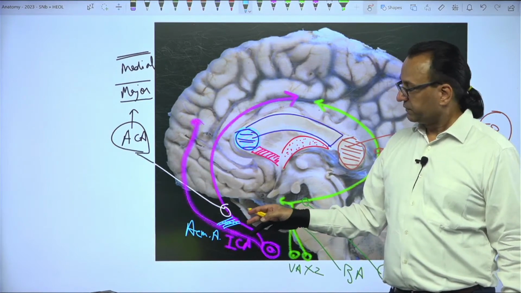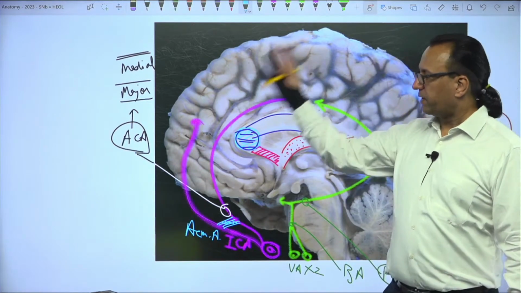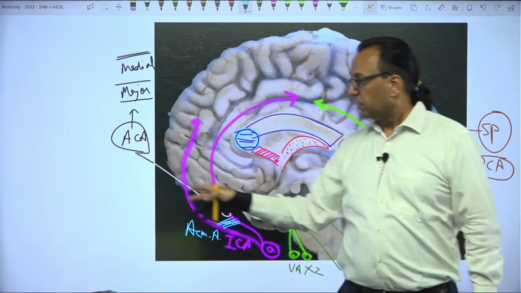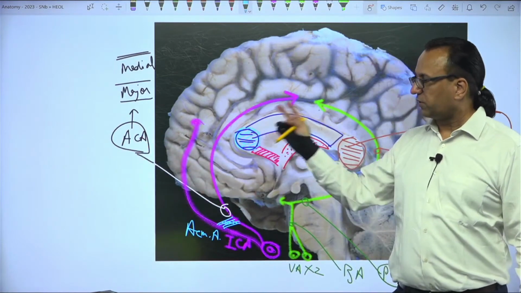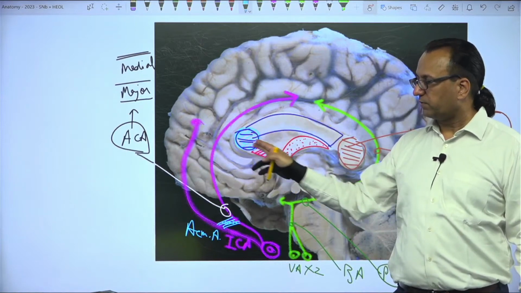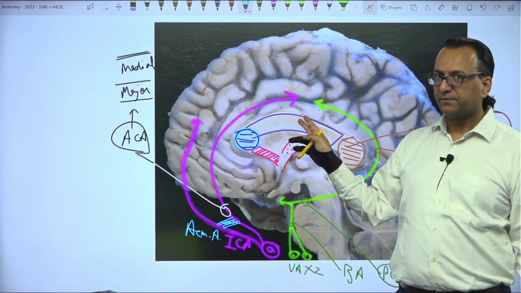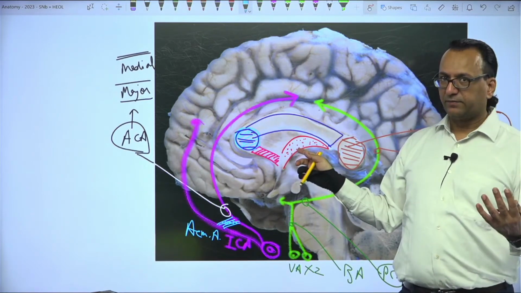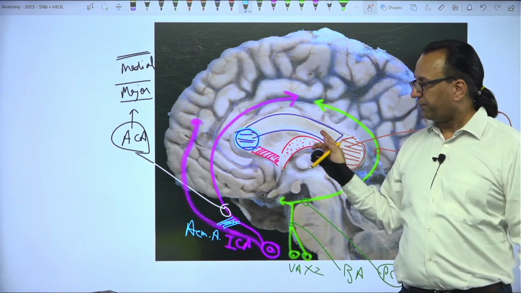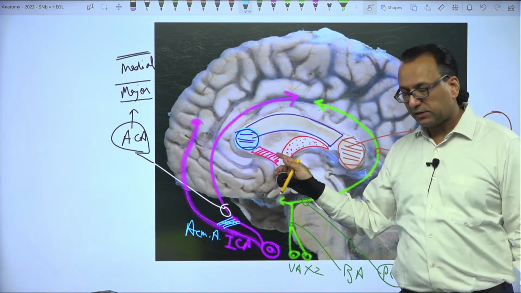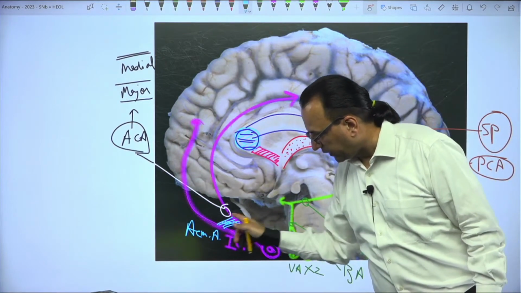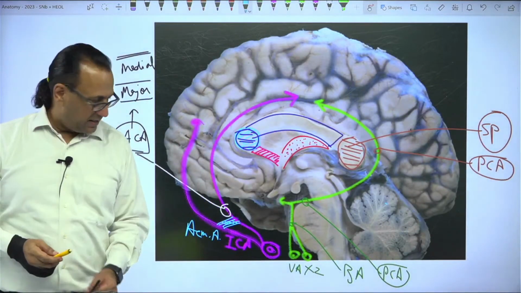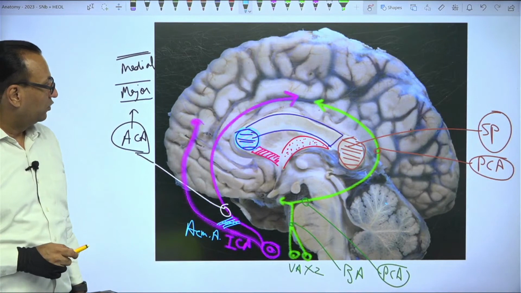Point is, the medial cerebrum is majorly supplied by the anterior cerebral artery, no issue. It also supplies most of the corpus callosum, including the rostrum, genu, and body. It also supplies most of the fornix, but the second artery to supply the fornix and corpus callosum is the anterior communicating artery. These questions have come recently, and maybe the examiner,